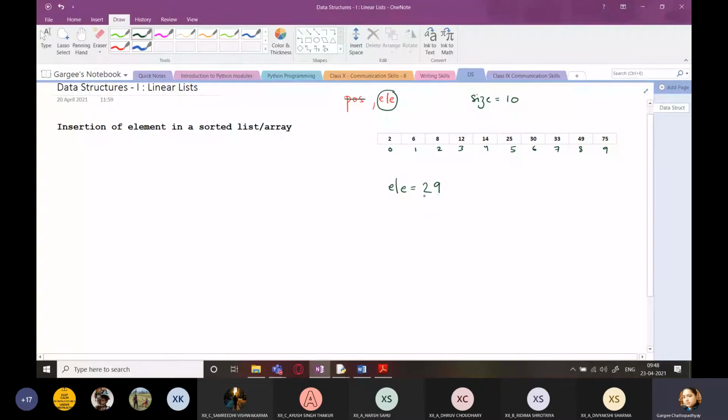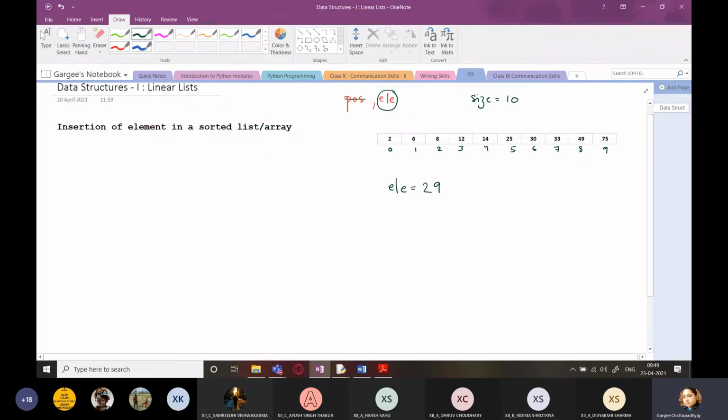Yes, come on. I want some serious responses from this class. It's not like I'm wasting my time over here, students. If you have joined the class, kindly take the pains to answer the question. A very simple question I have asked. Where do I need to insert this element in this sorted array?